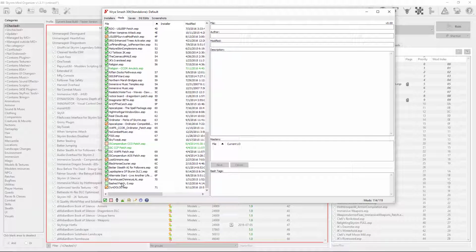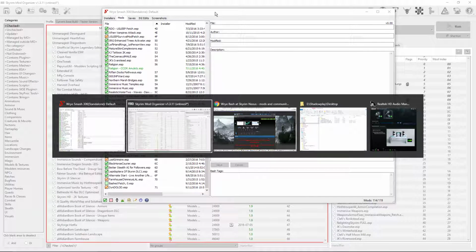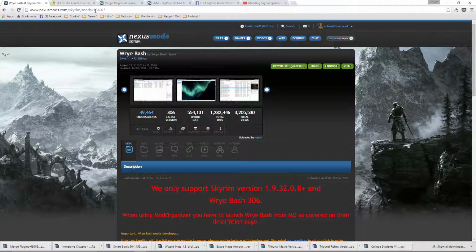There's many good tutorials on how to do this and much better explanations than mine. But essentially, Wrye Bash is available at the Nexus. It's right here. It's mod number 1840. It's been there for a very long time. It was one of the earliest mod managers, in fact. And